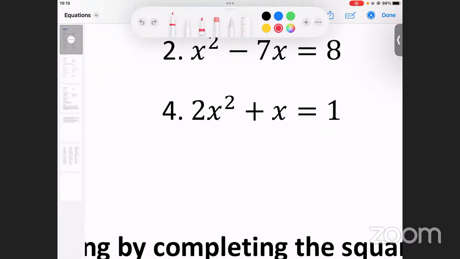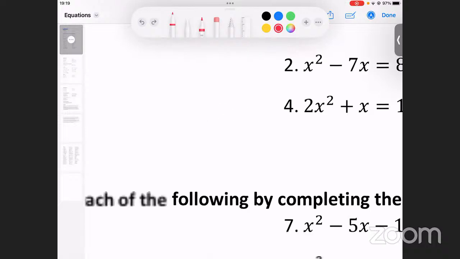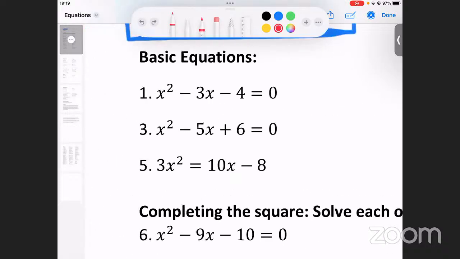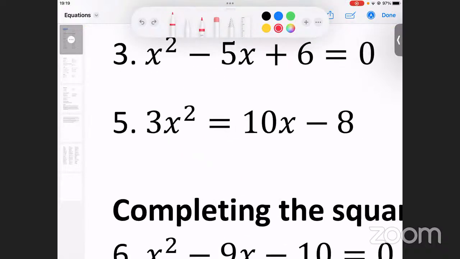Look at this one. Okay, it's an equation because it has an equal sign. It means I'm going to be solving for x. Is it in the standard form? No, it's not. Then I will need to rewrite it in the standard form. Take 1 to the other side, equate it to 0, and then factorize, find 2 possible answers. Then you are done. So that's how I used to prepare for examinations, honorable members.